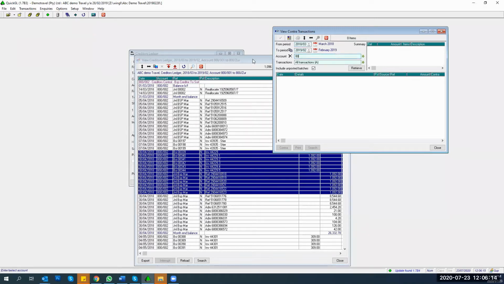Right, now when I say 800,002, I can then tell the system whether I want to see all my transactions, my fully contraed transactions, or my uncontraed and partially contraed transactions. Now, when I say full and all transactions, if I go do this, and I tell the system that I want to include my unposted batches, it's very important, especially if you're not going to post your batches every single week or every single month, make sure that you have this unposted batches